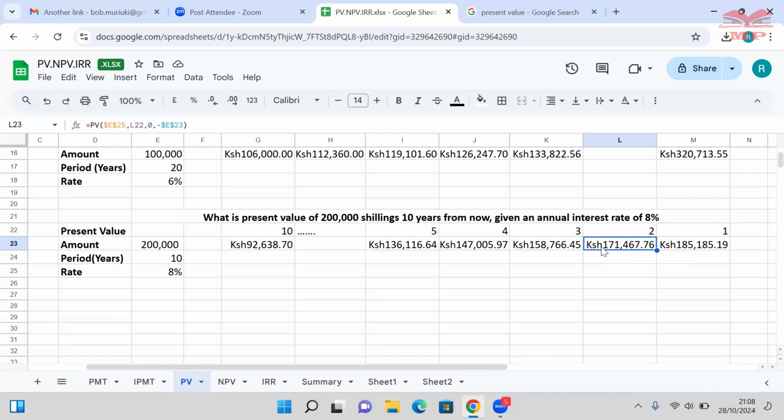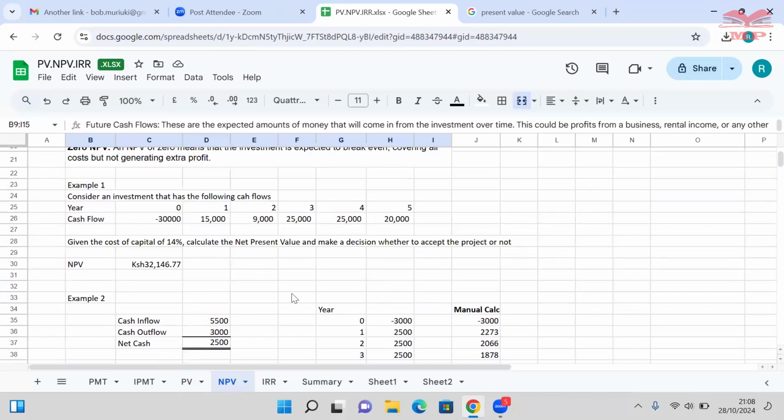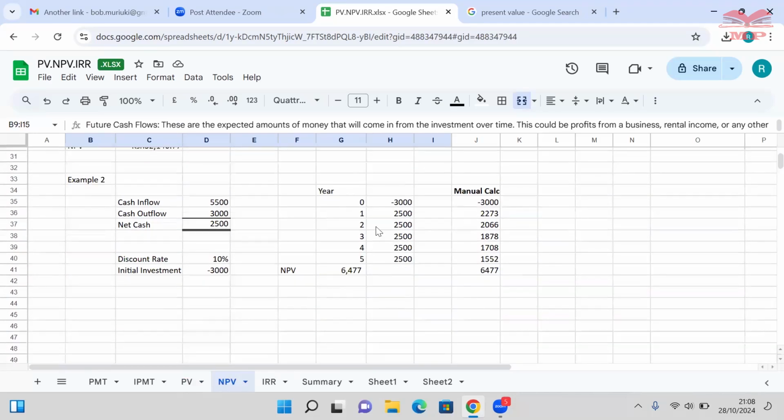So if you're thinking of this as an investment, it is a business. So the context here is a bit different. Here you are investing some money. Here it is the returns that money is giving you. So if you look at my example here,